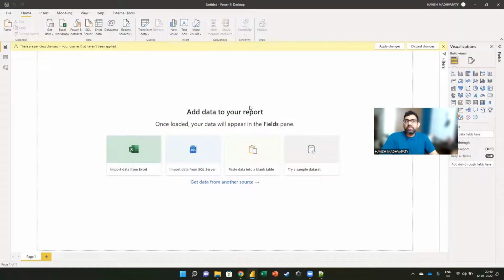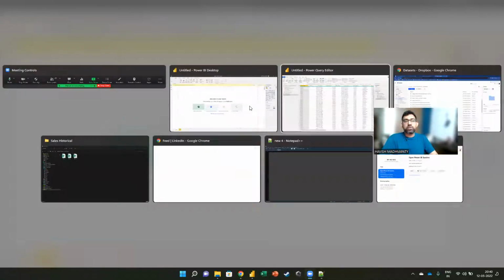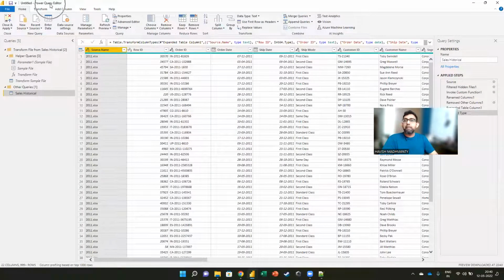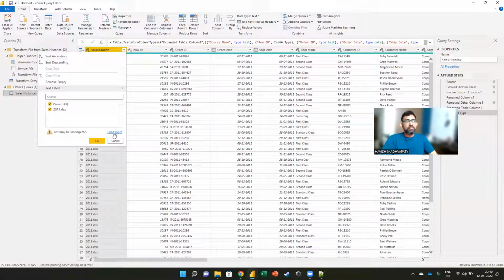And that's it. A new window opens up, and you know what we have done in just a few clicks, everybody? Watch this. This is called Power Query, okay? And if you notice, 2011, 2013 combined in one single click. How awesome is that? But it gets even better than this.